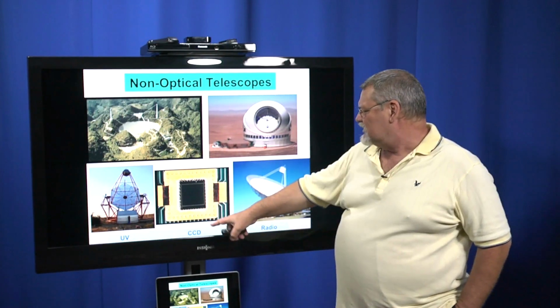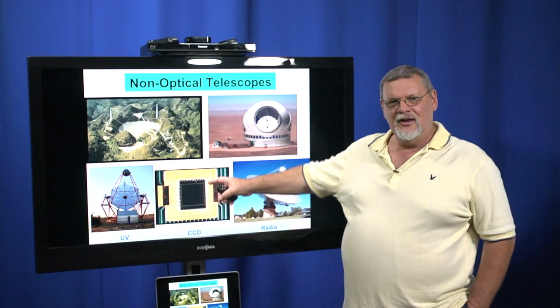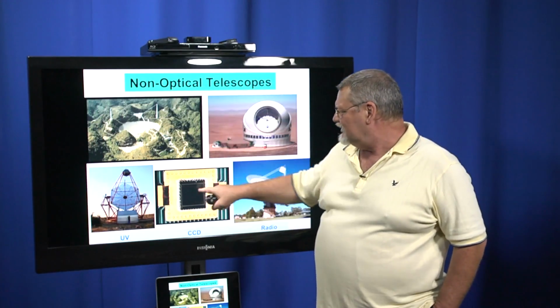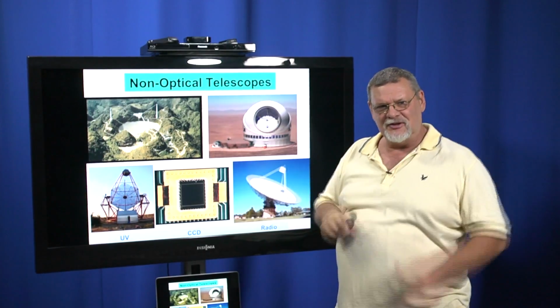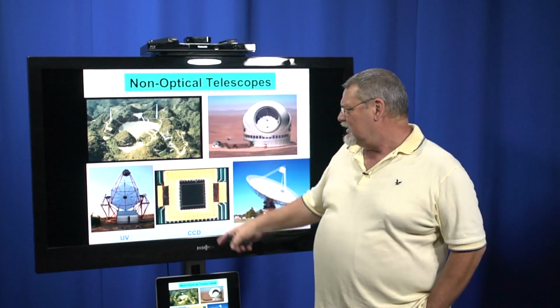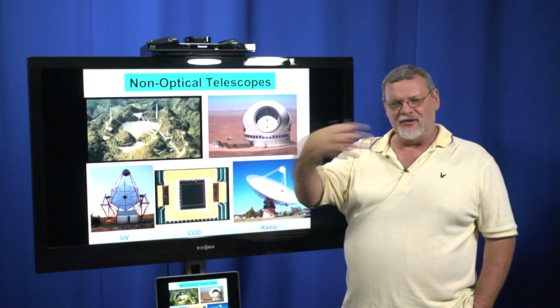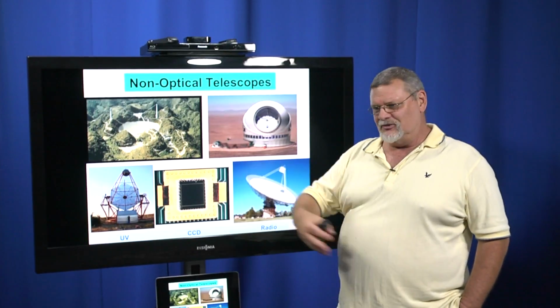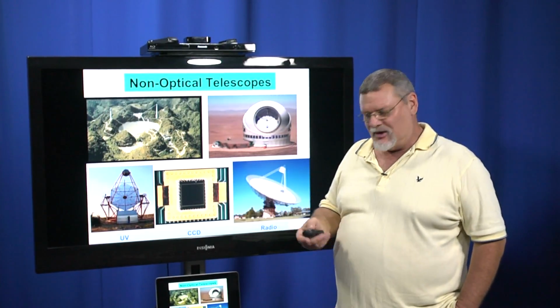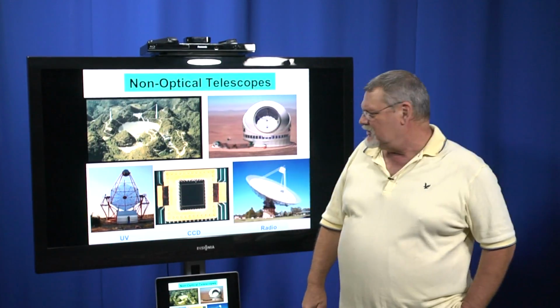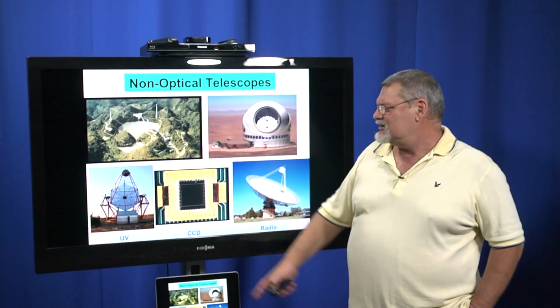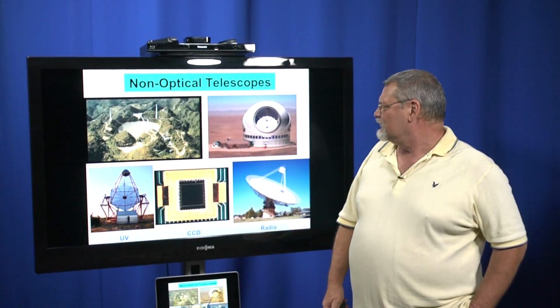CCDs, this is a charged coupled device, essentially television. Nowadays the light just comes in and hits these things like your camera and your motion picture camera and your cell phone and everything, and rather than optically, it converts it directly into digital information. It goes into the computer, and we can analyze it that way and manipulate it in lots of different ways. Here's an ultraviolet detector that's on the ground. Even though we can't get a lot of ultraviolet detection, what we'd be looking at here is probably the sun.